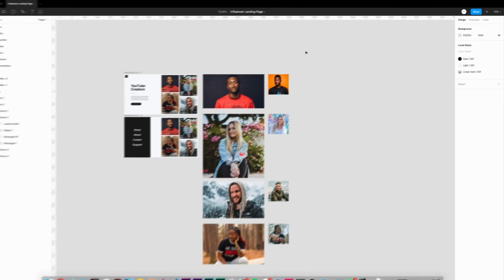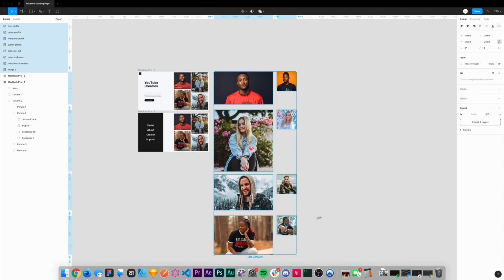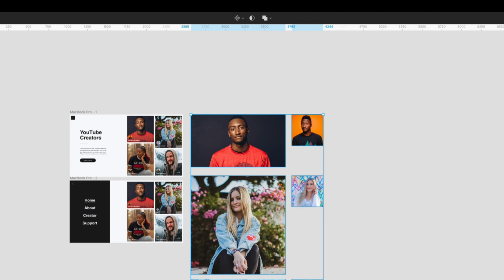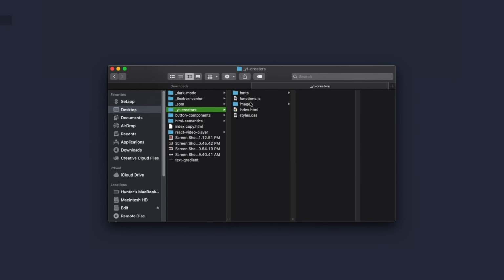So once I have these images ready, I'm just going to go ahead and copy them here, come over to export, and then export these 8 layers. And let's go ahead and save it to the project that we just created in the images folder. So once I save that, if you come back into our project, we should see those images in our folder,